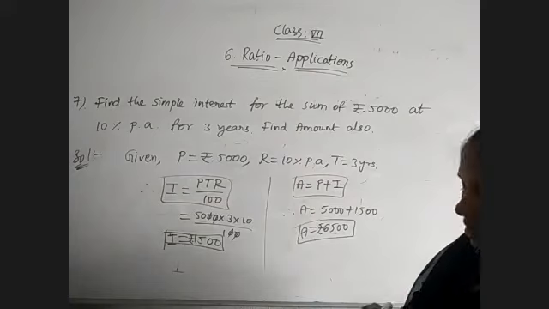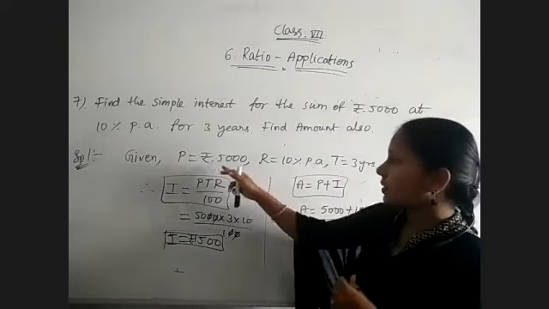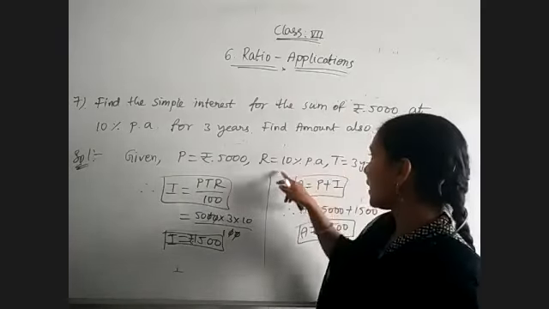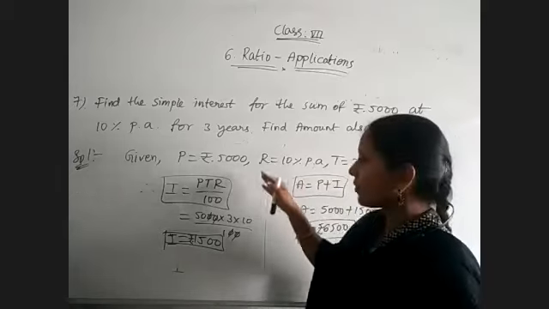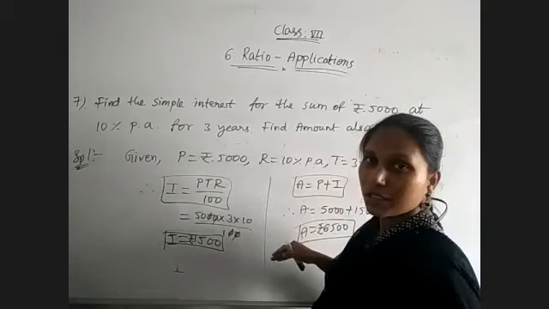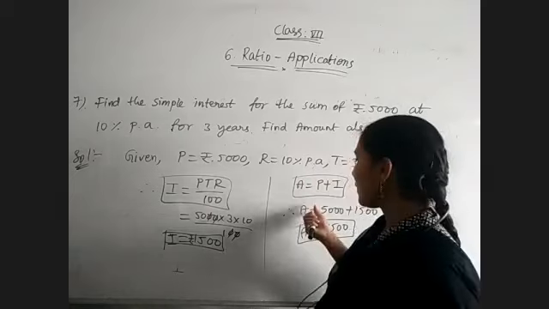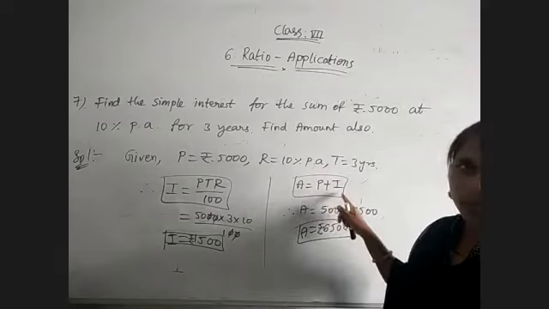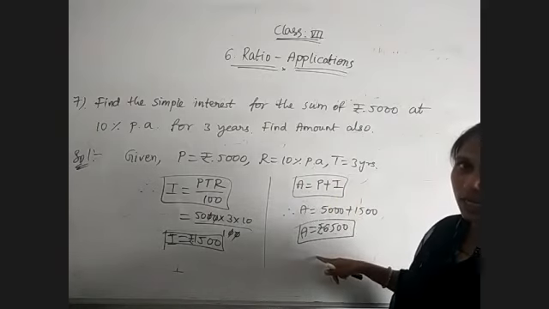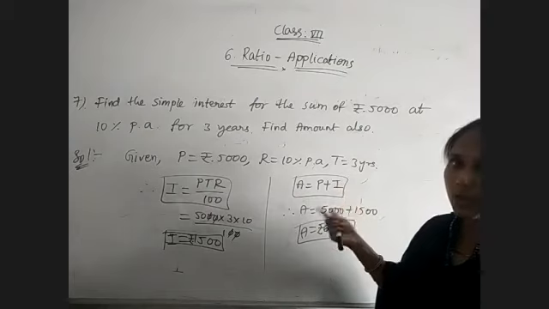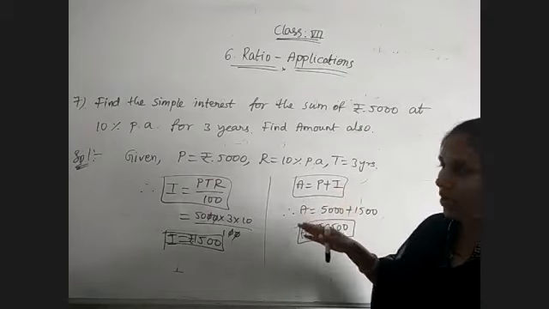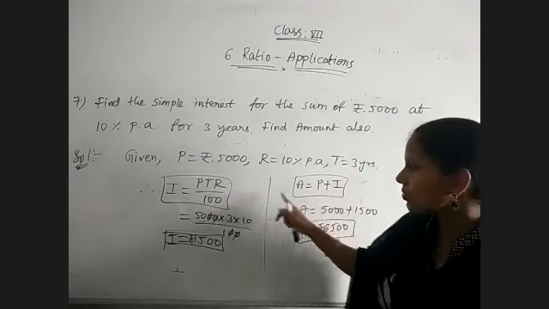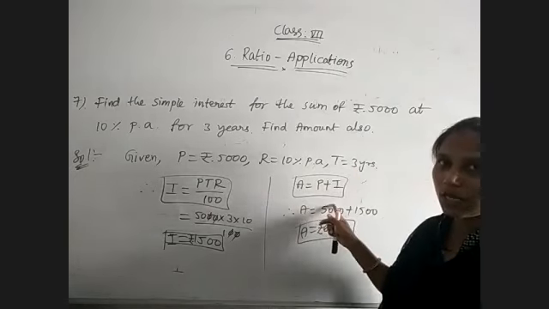Okay. So remember, if interest is given, any one value they will miss here, either rate or time or principal. In that case, we need to find out that one first, after that the amount. If amount is given, from that we can find interest or principal. So any two values they will give here, from that we can get interest or anything. So go through the exercise problems and example problems in the textbook. Already we have discussed. So how the problems depending on these two formulas only they are asking, we can understand.